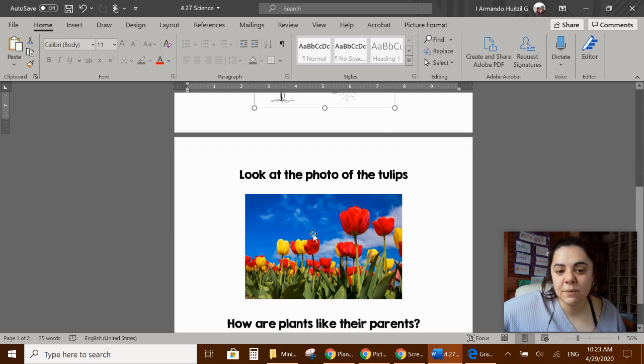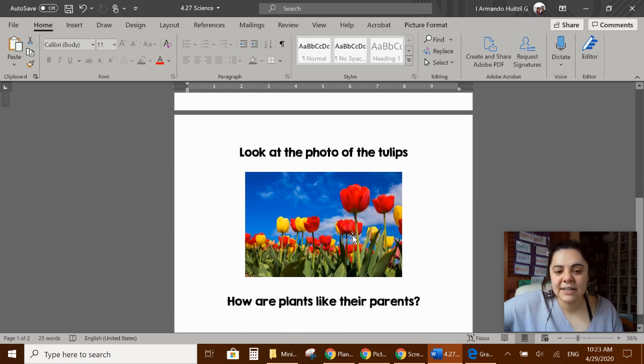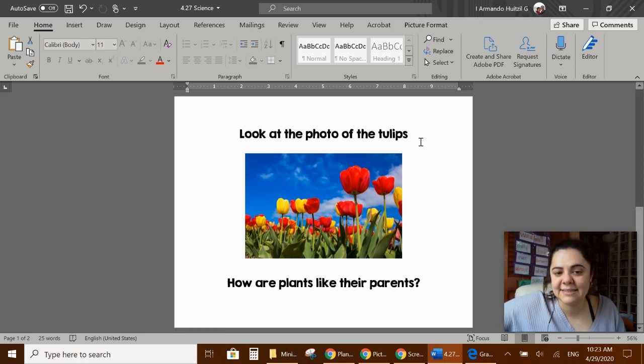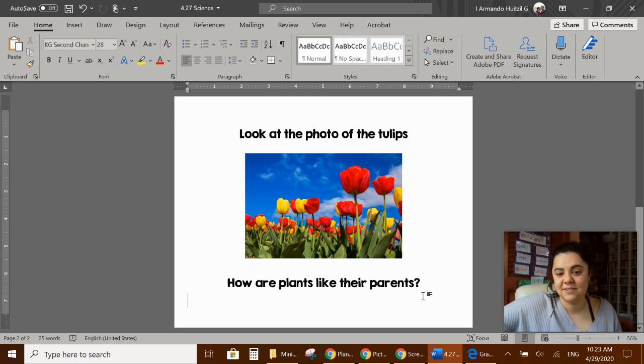And then down here, we have to look at the picture of the tulips. And we're going to say, again, how are plants like their parents? ¿Cómo son las matas como sus padres? Y vamos a ver la foto de las tulipinas. Y a ver qué es parecido al padre. So how are plants like their parents? Do you think this plant's parents was red? Do you think it looked like this? Was it a tulip? So plants are like their parents because